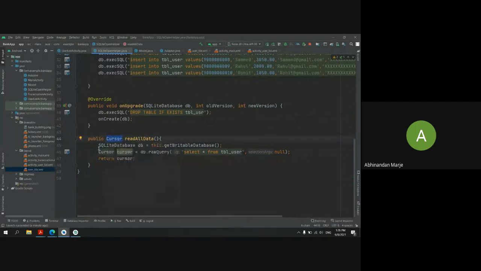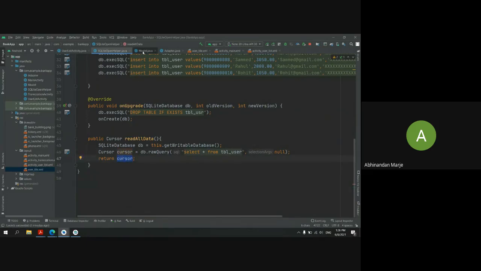Then I will take a writable database from which I will pass a cursor and a query, which will be select star, meaning everything, from the table user, which will be our table name, right? So it will select everything from this table, get all the data inside your cursor, and return the cursor to me, right?